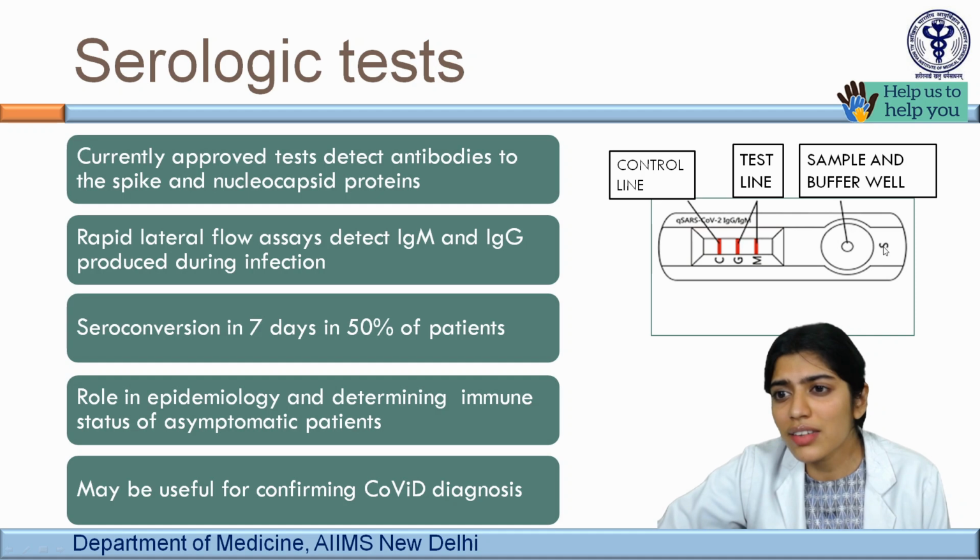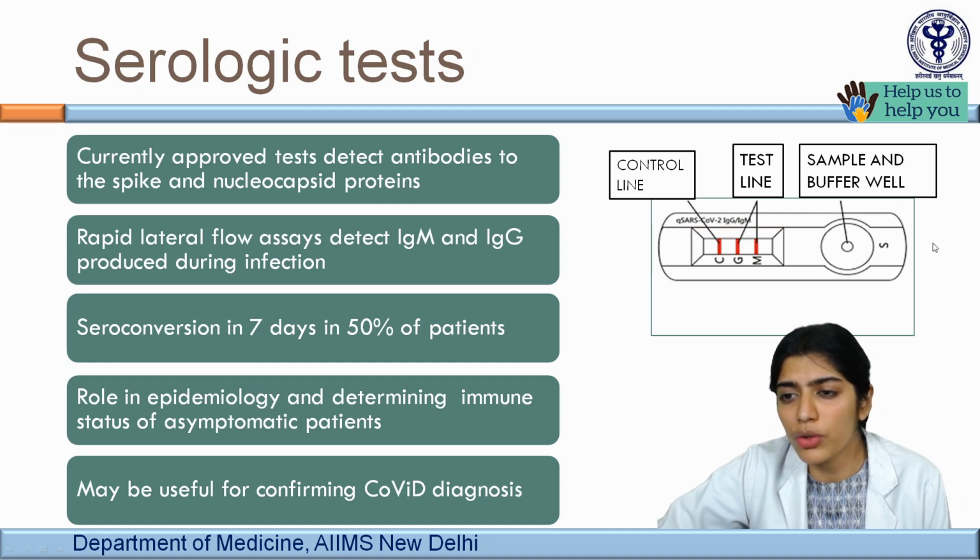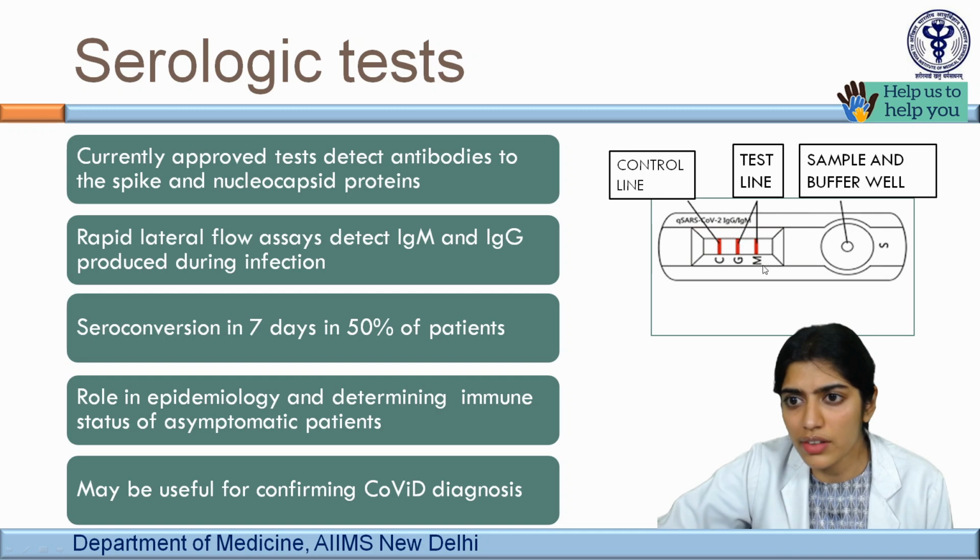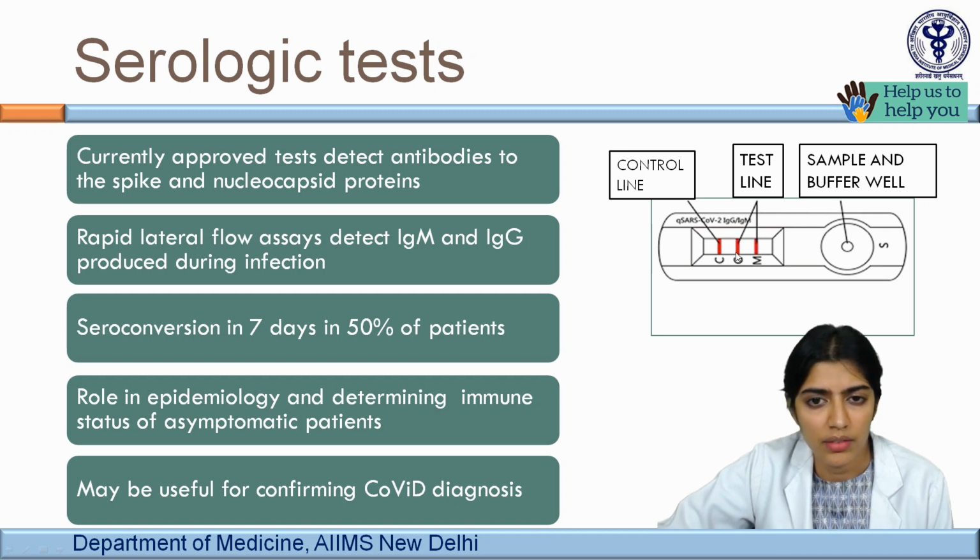Here by the side we have an image of a proposed rapid test for COVID-19. Here in this little well we will put the sample along with the buffer. We have the control line over here. If the sample has been put properly and runs the whole length, the control line will light up with a red line. If the patient has either IgM or IgG antibodies, these lines will appear as well.